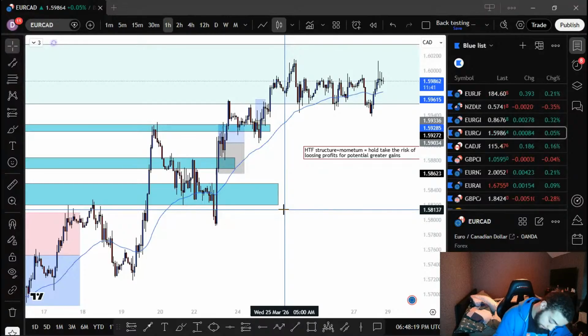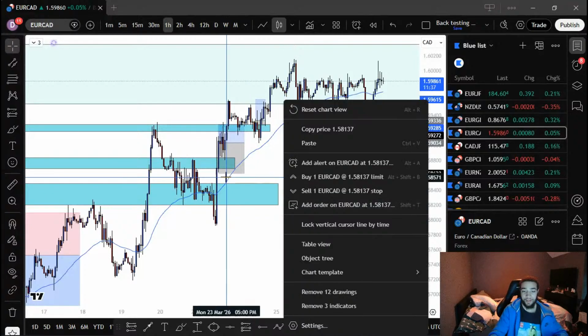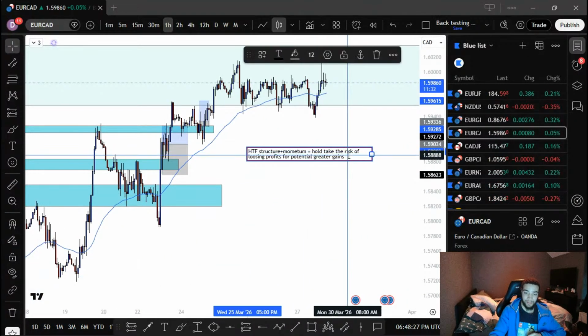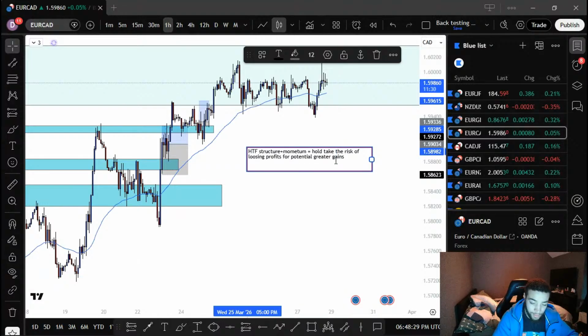So we have the main bullet point: higher time frame structure plus momentum. Oh, this is gold. This is why I speak to myself and journal this live. Because if I was just looking at the markets, I wouldn't have really thought of that. Look how much I've had to spew out just to get to that point. But that's the key point that I needed to get across.